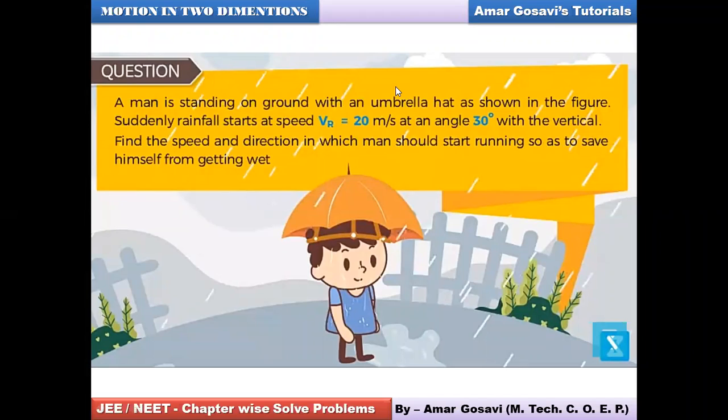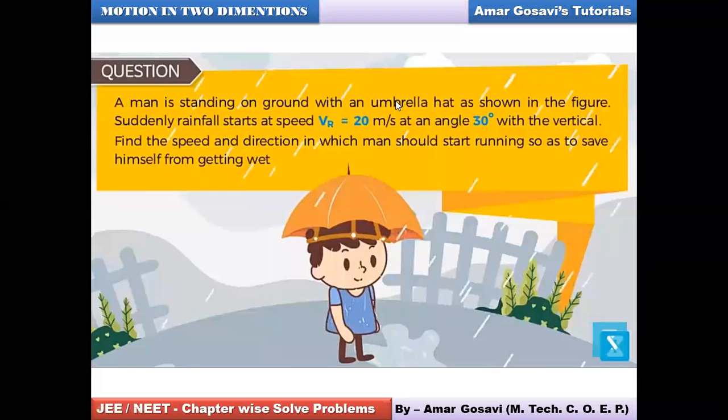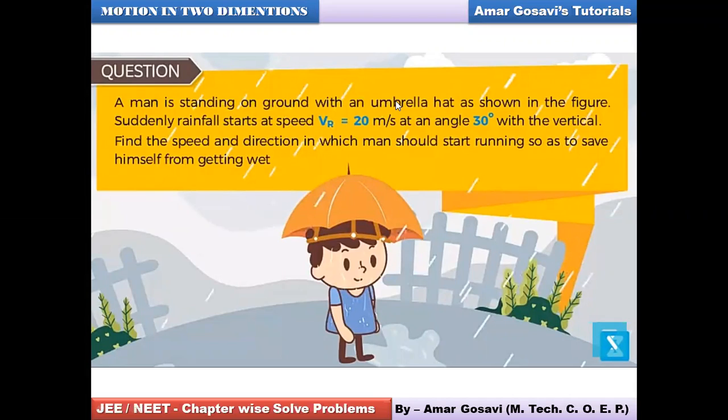Great. So now if you have understood the question, friends, here we are supposed to find the speed of the man, because if the man stays stationary, he's going to get wet because of the inclined rain. That means the man has to move with some speed to counter the inclination of the rain. So that relative speed we are supposed to work out. So we will draw the diagram once again, friends. So let's proceed then.